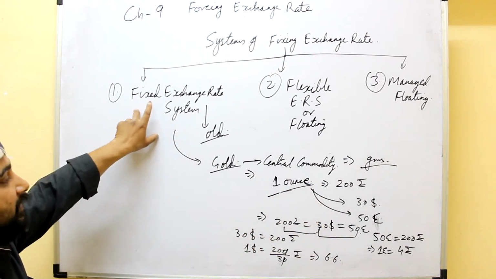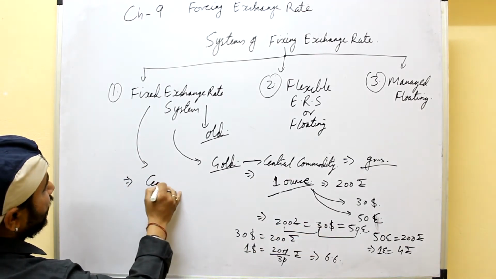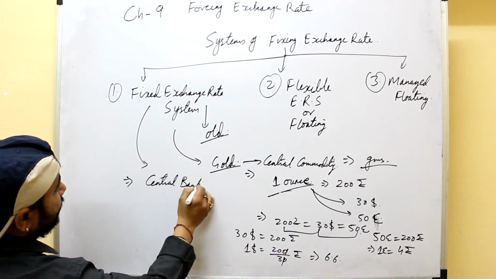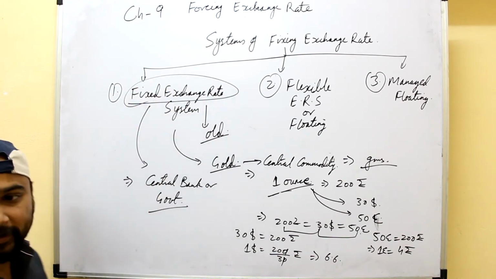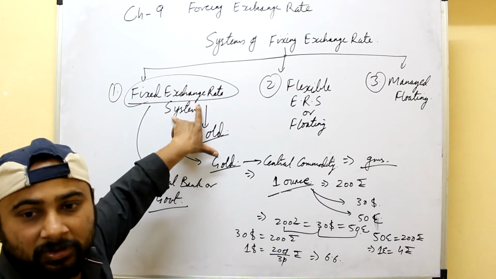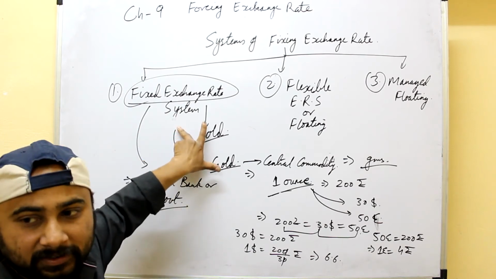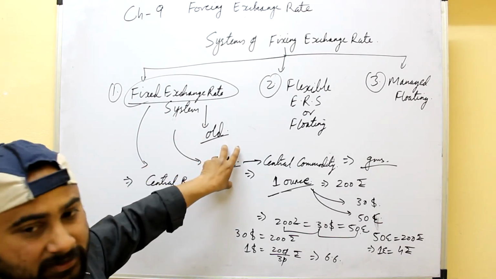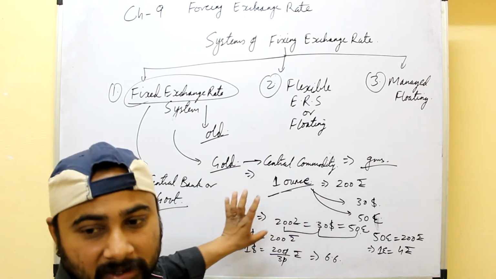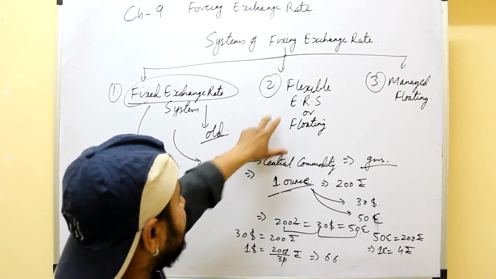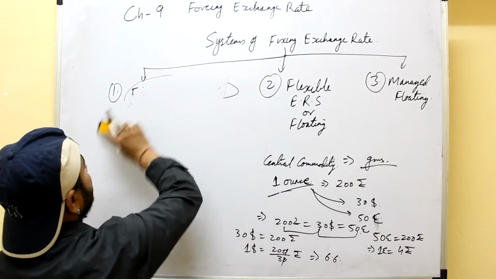So it means here the exchange rate was determined on the basis of the gold, and it was decided by the central bank of that country or the government of that country. That's why it is termed as the fixed exchange rate, and under this system the exchange rate used to remain constant. But later on this particular system collapsed due to various reasons, due to the shortage of gold in the various countries, and also due to the problem of converting the currencies into other currencies. So next came up the flexible exchange rate system or the floating exchange rate system, that we have to do in a detailed manner.